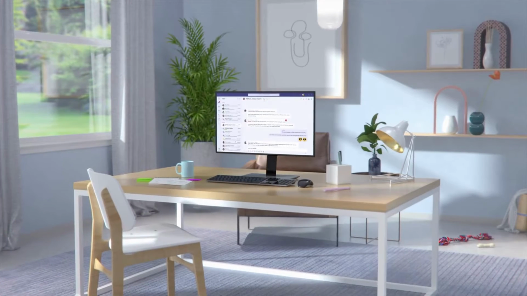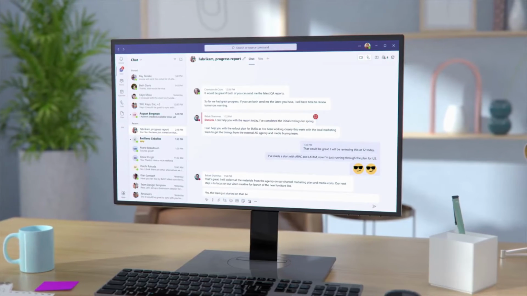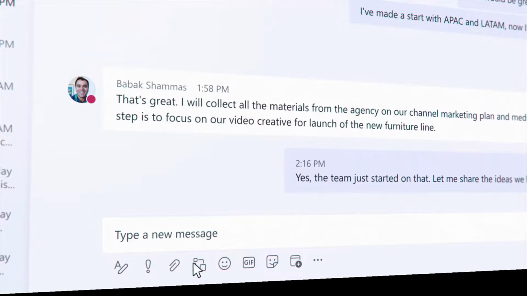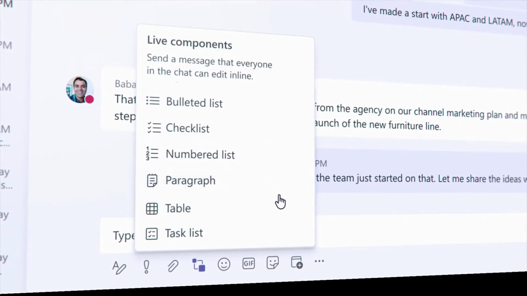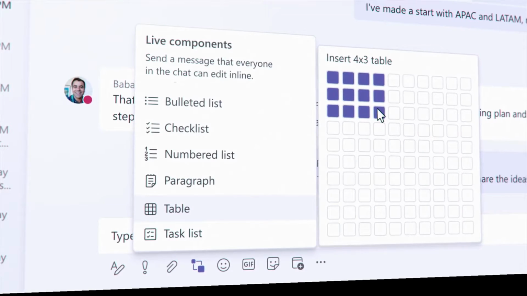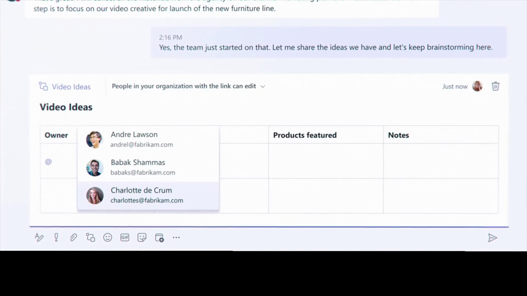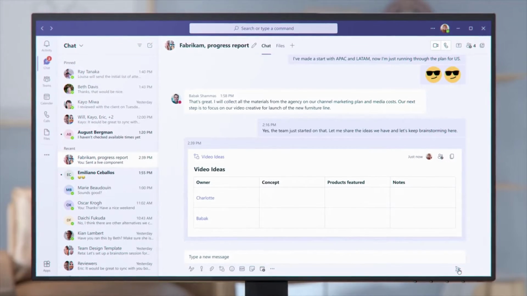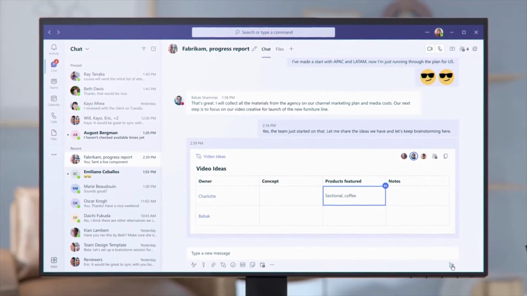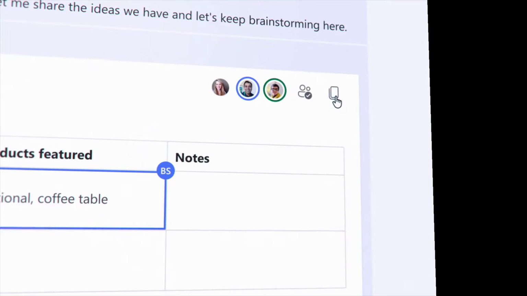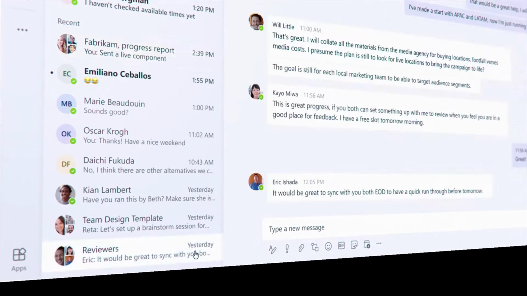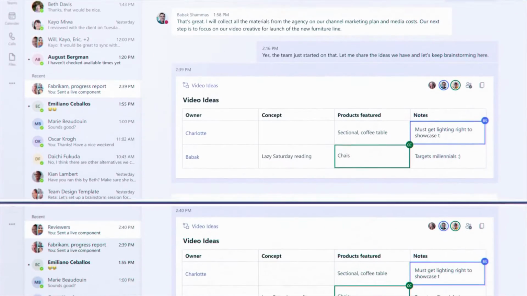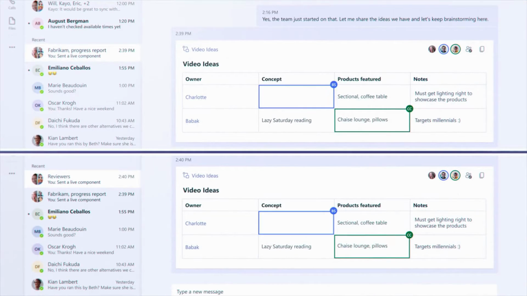Fluid components are coming to Teams Chat, allowing chat messages to be co-authored and edited in line. You can easily co-create content with your group, send a bulleted list, create a table, or share a task list. Your team can revise, add, and update content right in the chat message, knowing the latest will persist right within the message. And include other people by copying the components to other chat threads, with all edits remaining in sync, providing more transparency and alignment across teams, clear documentation, and less upfront planning.